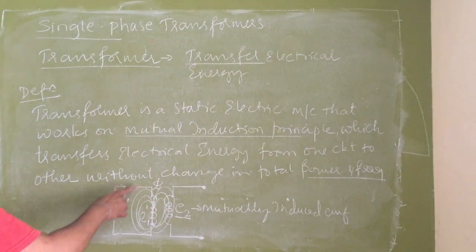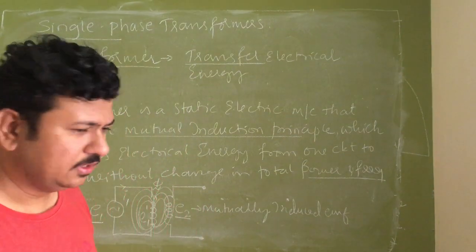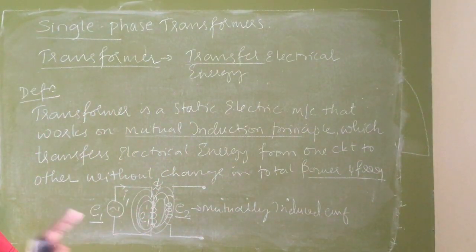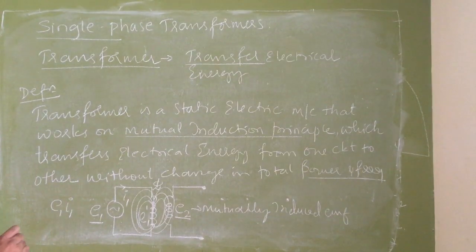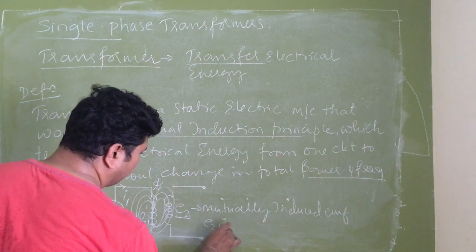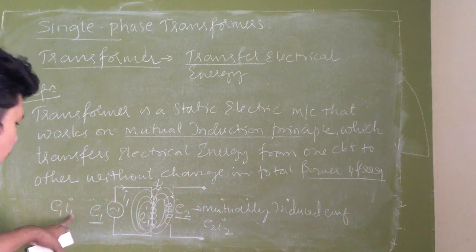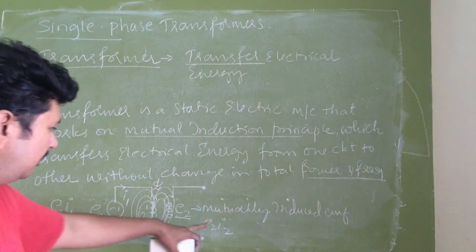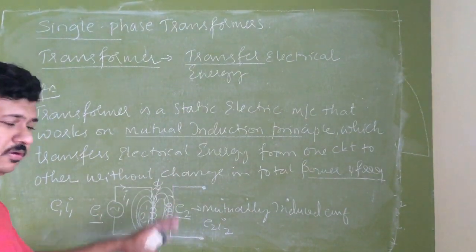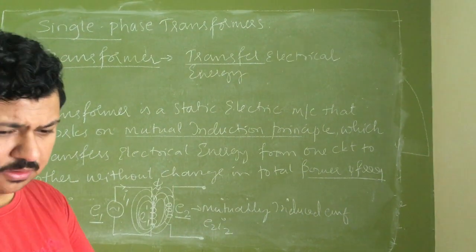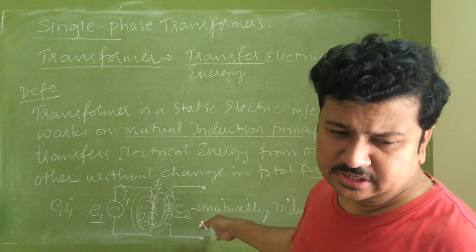And whatever the total power, there are three powers: total power, real power, reactive power. The total power in the primary and secondary will remain the same. So whatever the primary E1, I1 I am giving, secondary it will be E2, I2, which will always be equal to each other. E1 I1, volt amperes, total power, is always equal to E2 I2, volt amperes, total power. So this transformer is simply transferring the complete electrical energy from the primary circuit to the secondary circuit.